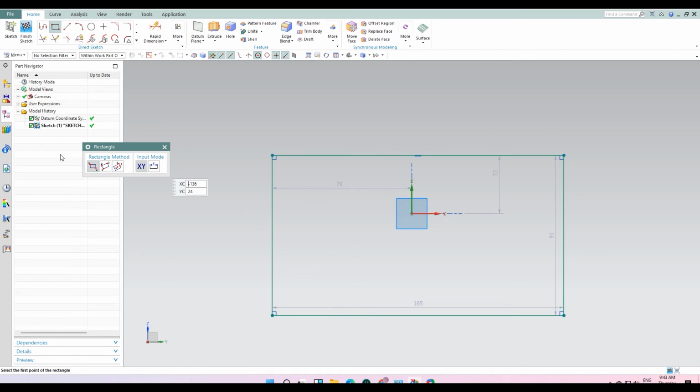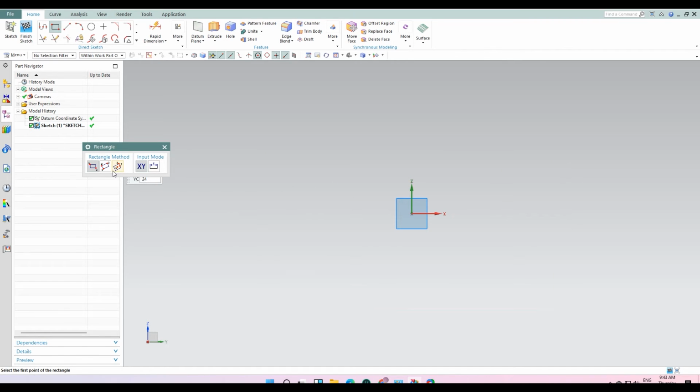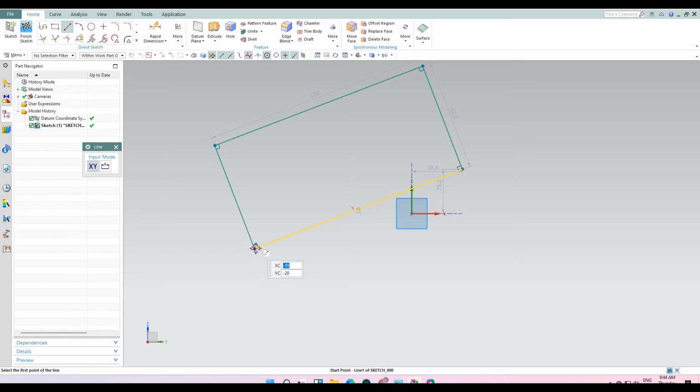Second is from 3 points. You enter the first point, click the second point, then the third point. In this feature, basically you can draw a rectangle at any particular angle. For example, you want to draw this rectangle at 60 degrees. So draw a line, and go to more,